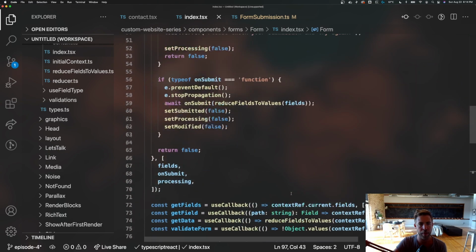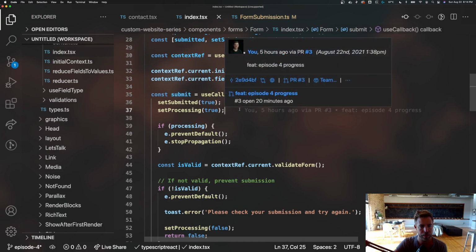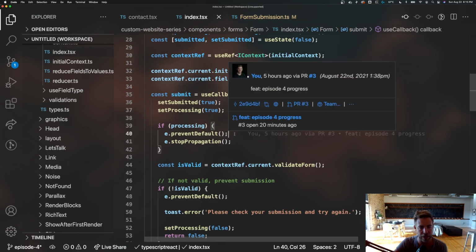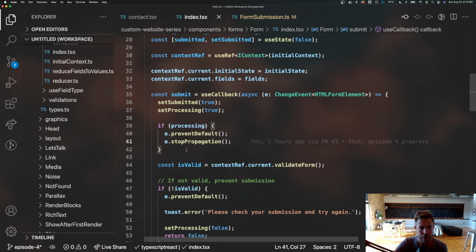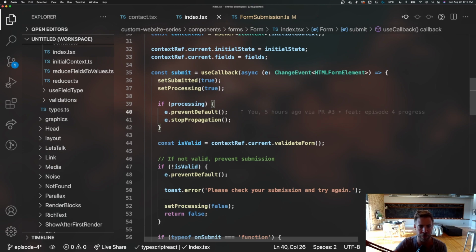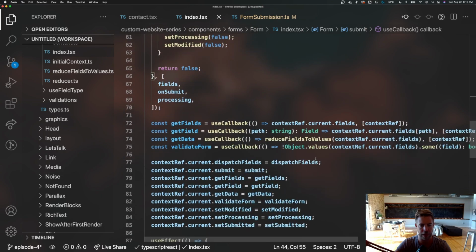So if I scroll up, you can see we have a callback. Every time the submit is called, we say submitted is true and processing is true. If we're processing, we're going to prevent the default action and we're going to stop propagation. So what this means is it's going to stop the form from bubbling up and it's going to prevent the default action. And then we're going to validate the form fields. So for each different field, we're going to call that validate form. And that is a function that we define down here,